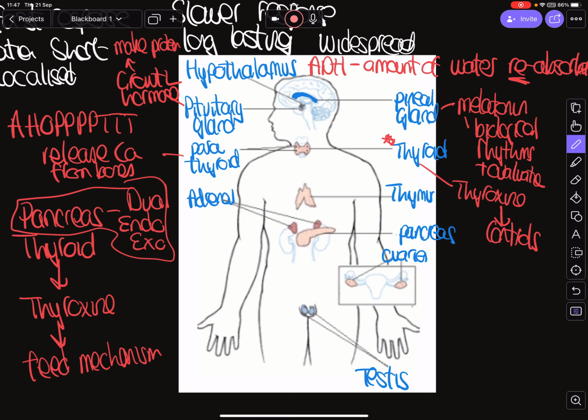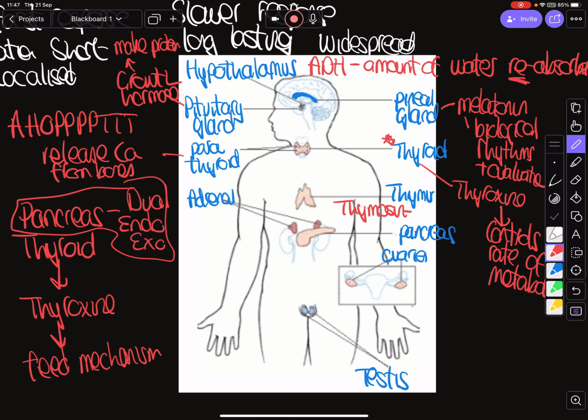So if you have an overactive thyroid, you will find that you will be losing body mass. If your thyroid is underactive, you may be gaining it. There'll be other symptoms as well. So it controls our rate of metabolism. We then have our thymus, and this disappears the older you get, so it's present until puberty when it starts degenerating. So your thymus makes thymosin, and your thymosin helps your lymphocytes to mature. So it influences our immune system.